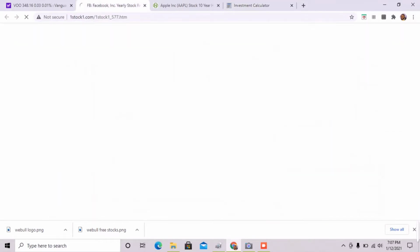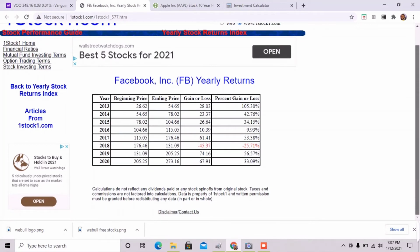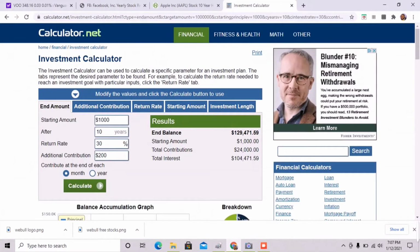Now, Facebook's annual rate of return for the last 10 years. Now look, Facebook produced pretty great. Look at this profit, 105.3% profit. In 2018, they're down 25.7%. In 2020, they're up 30%. So based off these numbers alone, let's go with Facebook. You put $1,000 in, and we'll say about 35% annual rate of return with $200 a month,